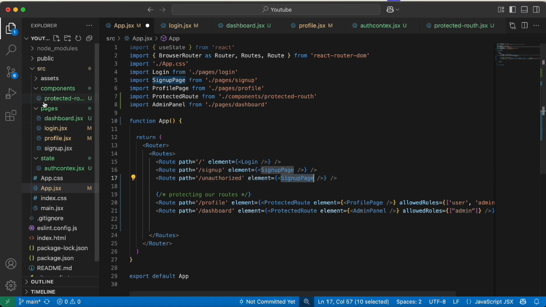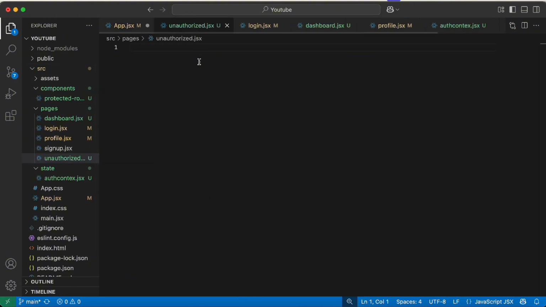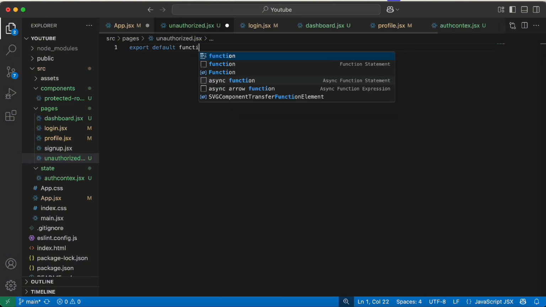We're just going to go to our pages and create a page called unauthorized.jsx. In our unauthorized.jsx, we're just going to export default function